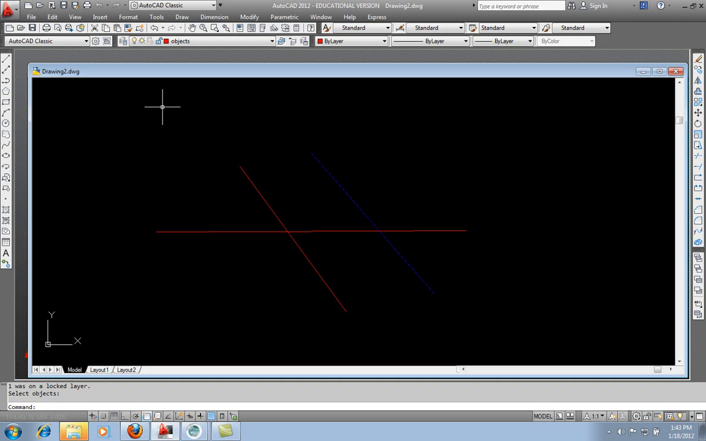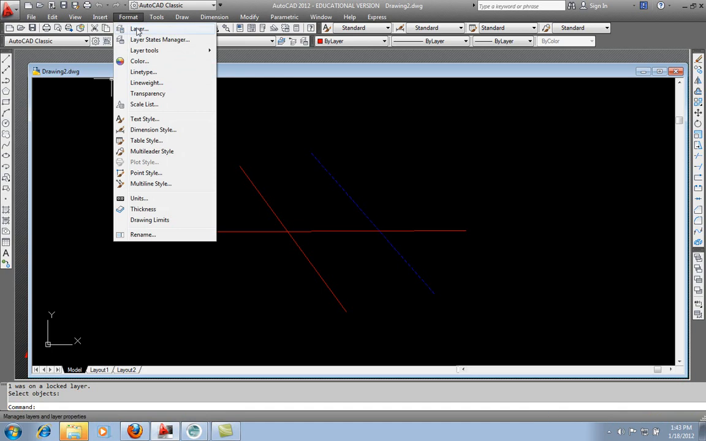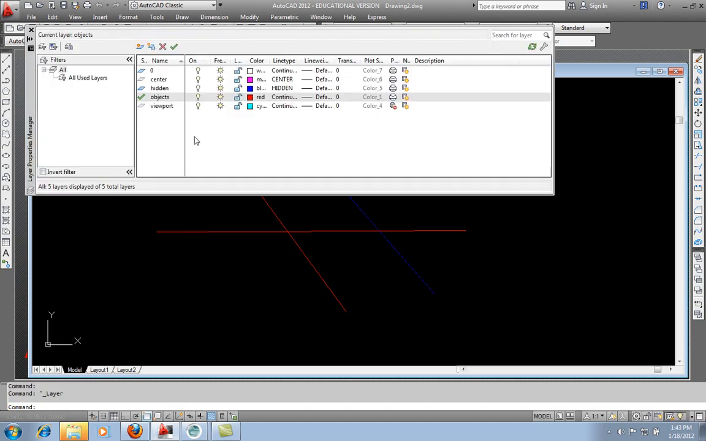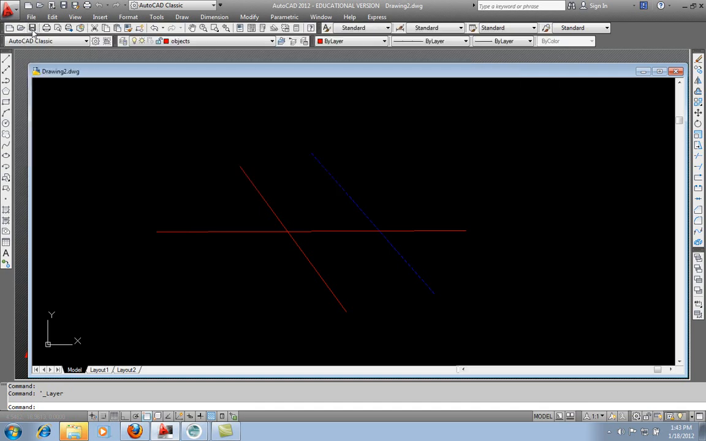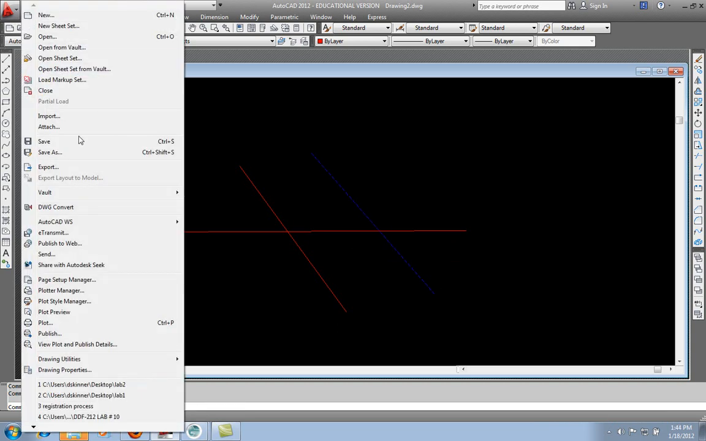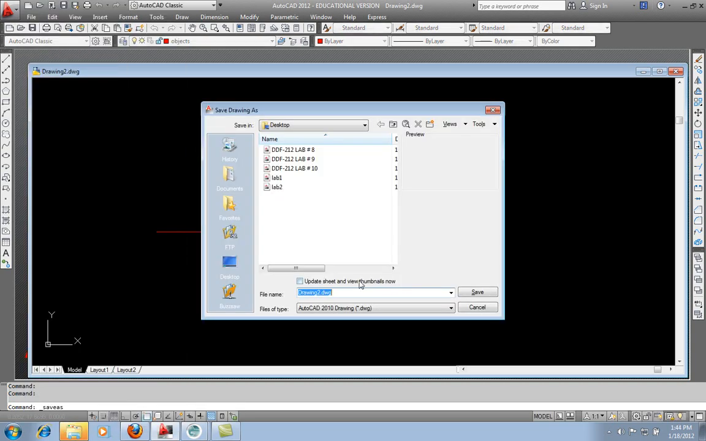You can also open the layer dialog box by going to Format and Layer, and it brings up that same layer dialog box that we brought up before. You can see that all my layers are loaded here. And if I got ready to do another drawing, let's say that this one, and I'm going to name it as Lab